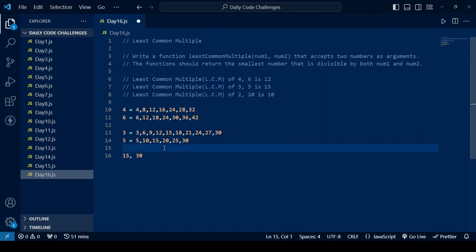Then what is the least common multiple? The least common multiple is the lowest among these common multiples, which we can see here as 15. So we understand that the least common multiple, or the LCM, between 3 and 5 is simply 15. All right. Having established that, how do we now